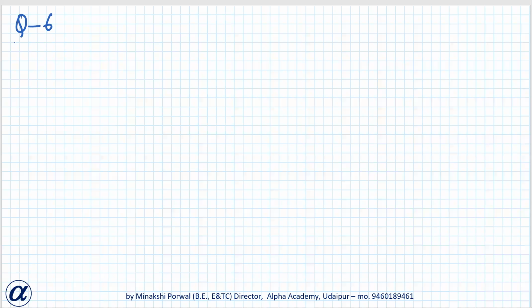In such questions, everybody will try to draw the figure themselves. Okay. A 1.5 meter tall boy is standing at some distance from a 30 meter tall building. The angle of elevation from his eyes to the top of the building increases from 30 to 60 degree as he walks towards the building. Find the distance he walked towards the building. Okay. So everybody will try to draw the figure themselves.